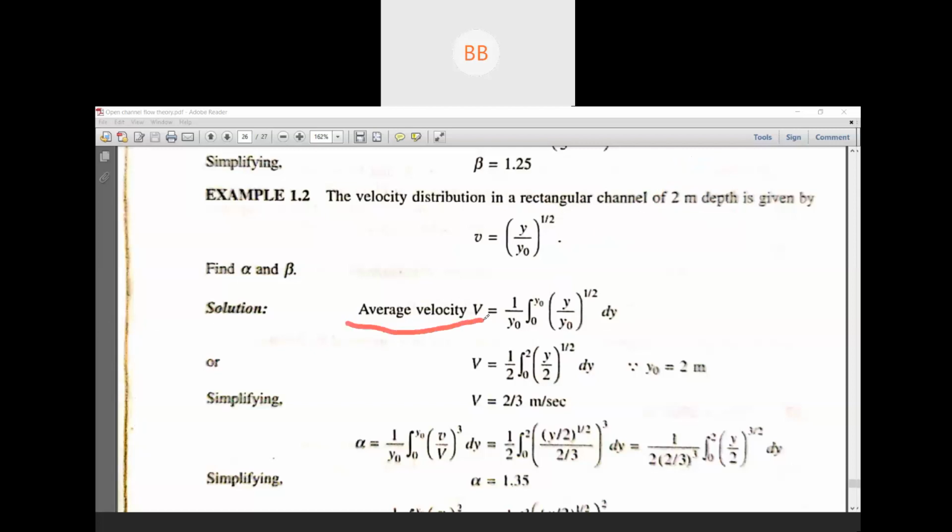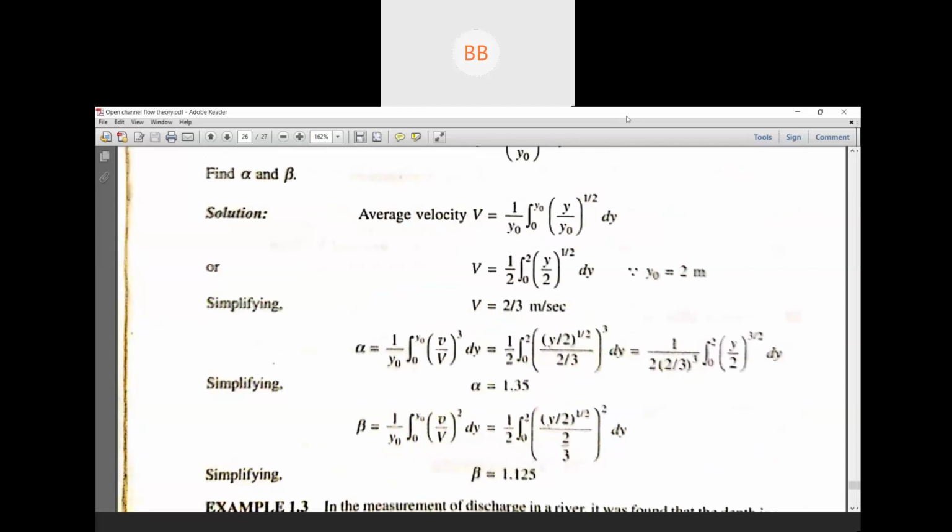So we have taken the average velocity equation for a rectangular channel. This equation we have already derived. It's better if you take a pen and paper and try to solve. So for the average velocity,